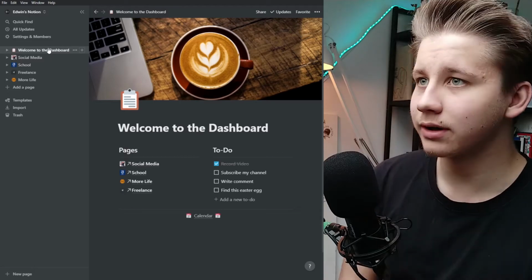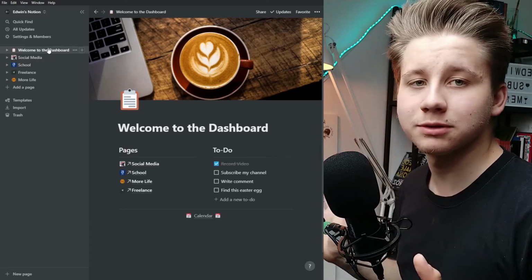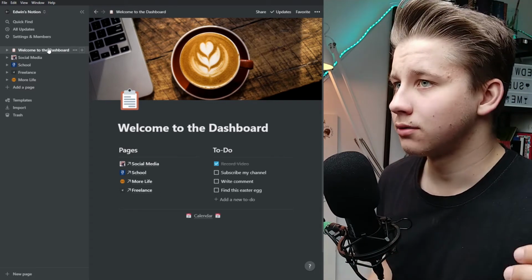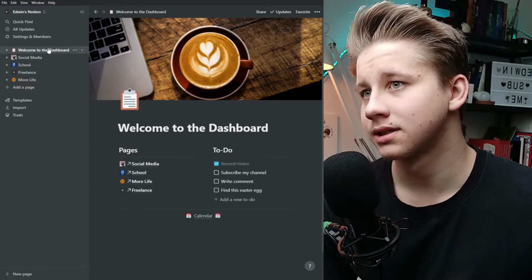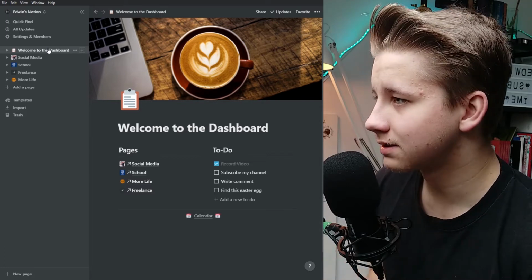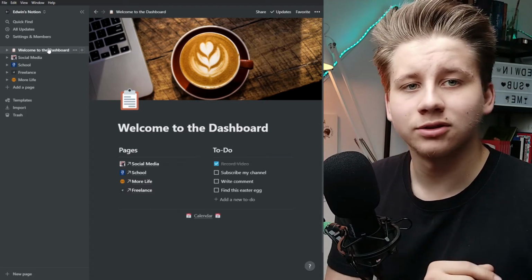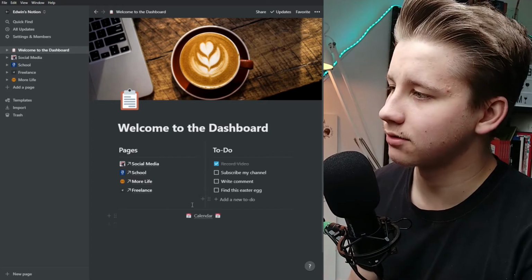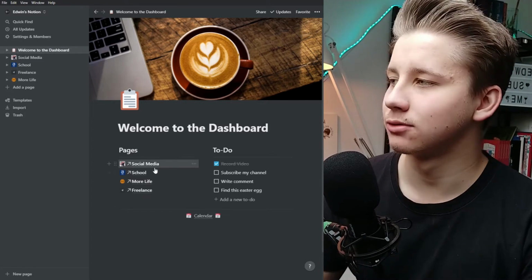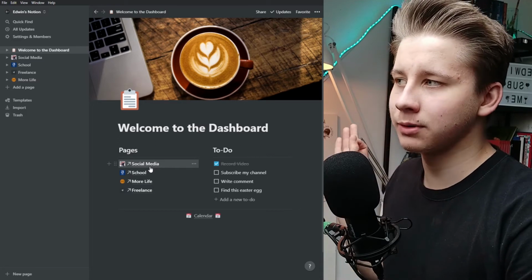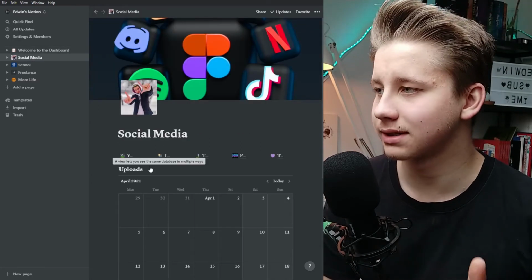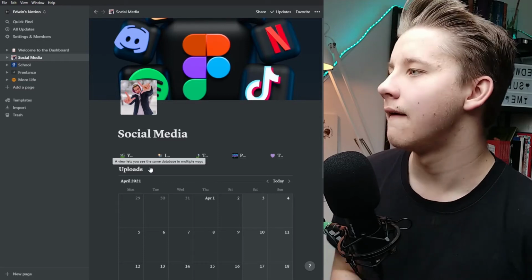Okay guys, so we are starting on my welcome to the dashboard page, and this is my control center with links to other Notion pages and my to-do list for today and link to my Google Calendar, which is right here. Okay, so first page we have social media, and it's the most important page here, I think, because here